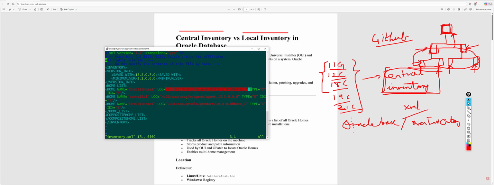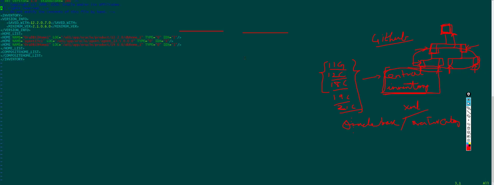So here, if you see, we have four different fields. One is name, another one is LOC, which is the location of the Oracle Home, third one is type, and fourth one is IDX. Name is the product name, which is related to Oracle. It may be anything. If I installed the Oracle OEM agent, that agent software also will be